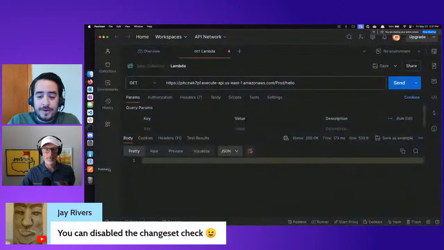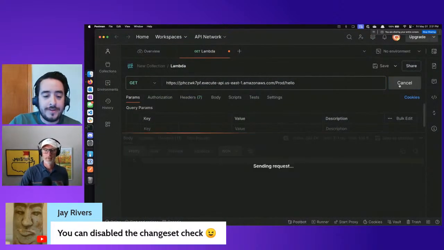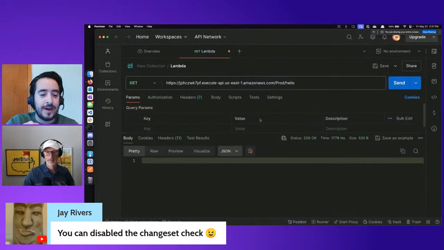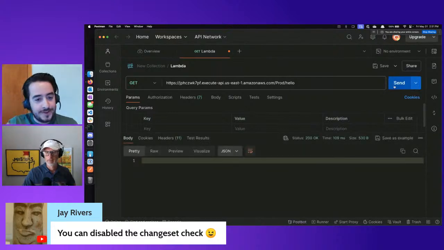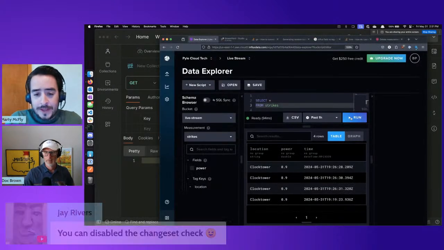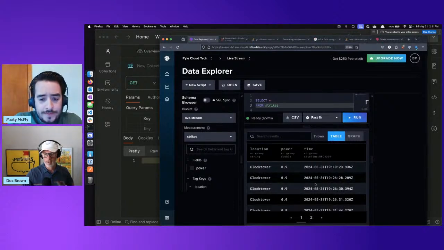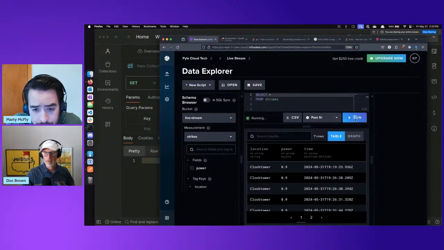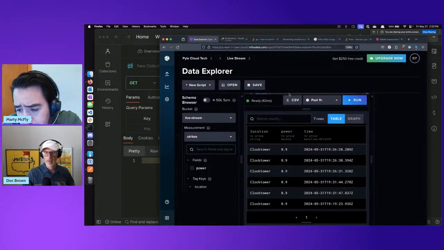All right. Yeah. So J River says you can disable the change set. Let's do that just so people see a little bit of Sam. Kind of going a bit of a tangent, but. So we've got 7 rows. They're all the same. 19.